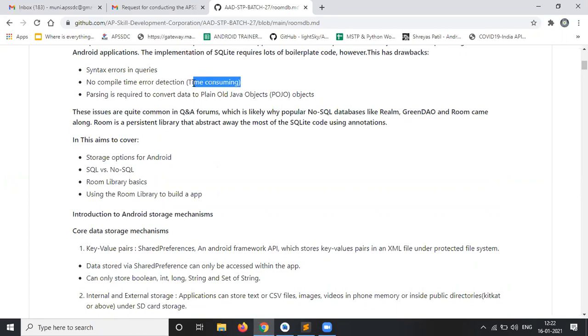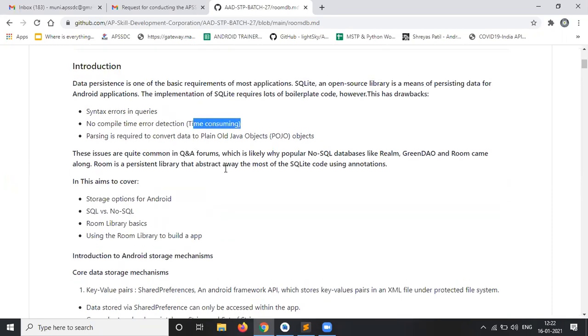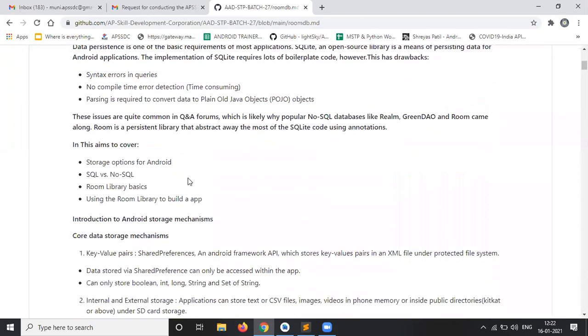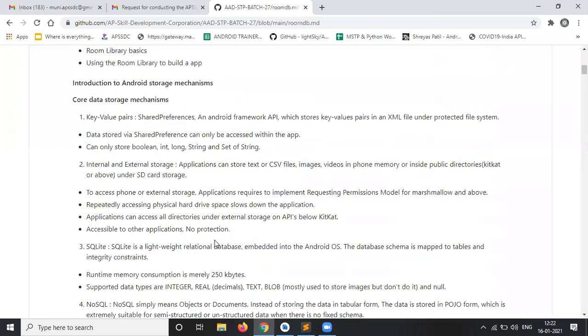While executing the syntax, if you use multiple tables, compilation takes more time. So those are the drawbacks.